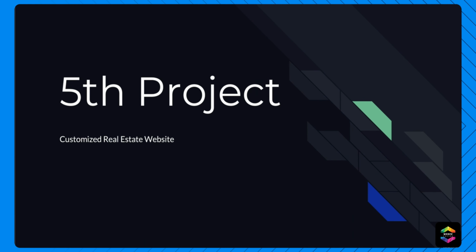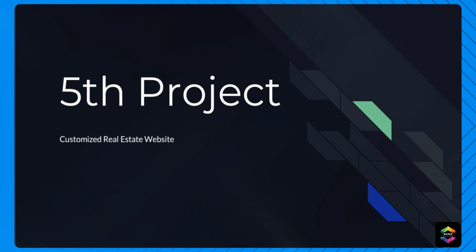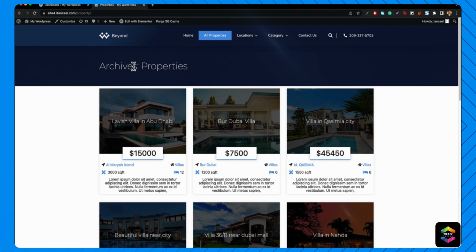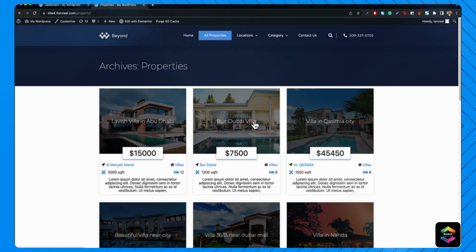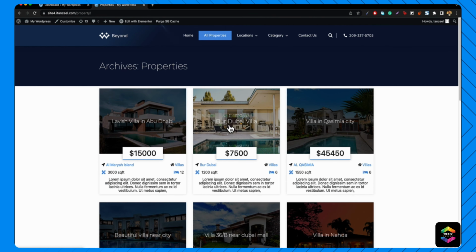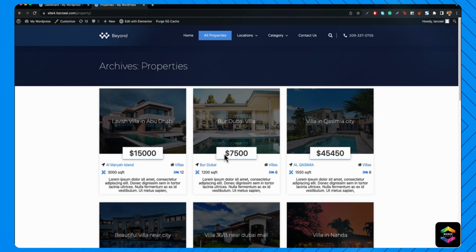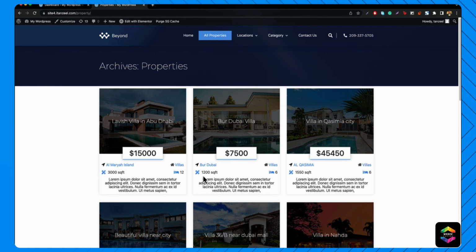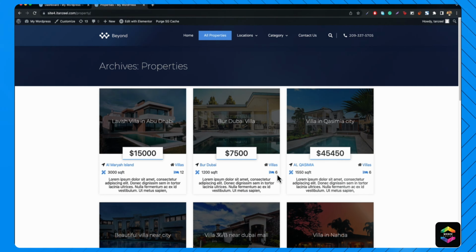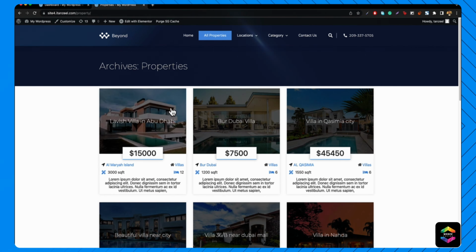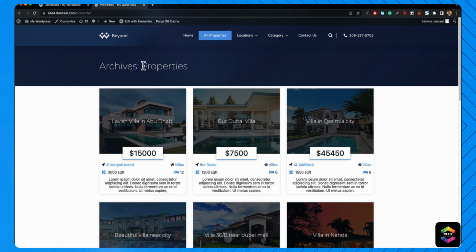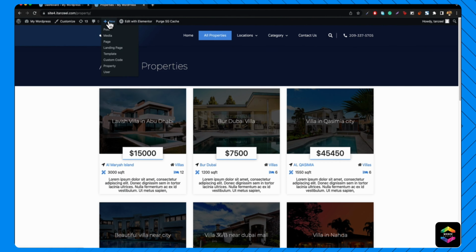But let's suppose that you want to build something else besides that, like properties on the website, where we want to list all the properties like this, with a title of the property, the image of the property, along with the price, location, category of the property, the size of the property, and the bedrooms as well. So let's suppose that we want to build a website like that, where we could be adding or showing all the properties. And not only that, the administrator would be able to add a new property by just